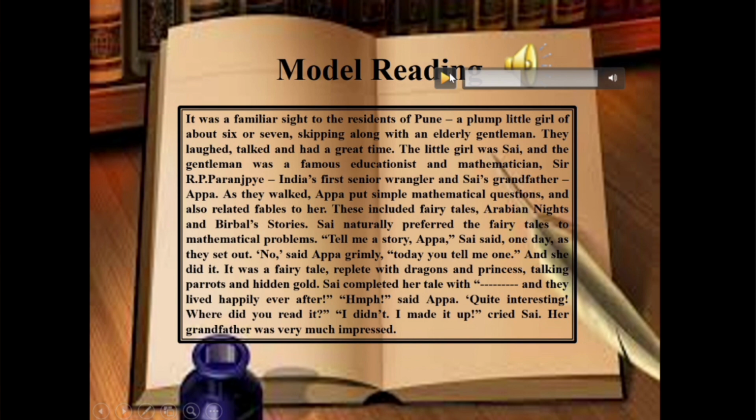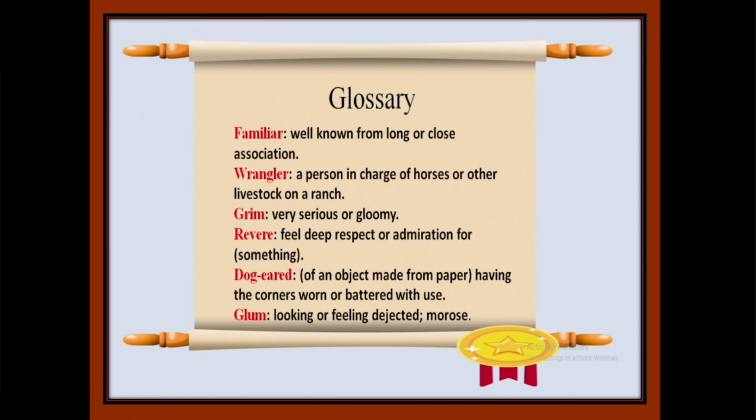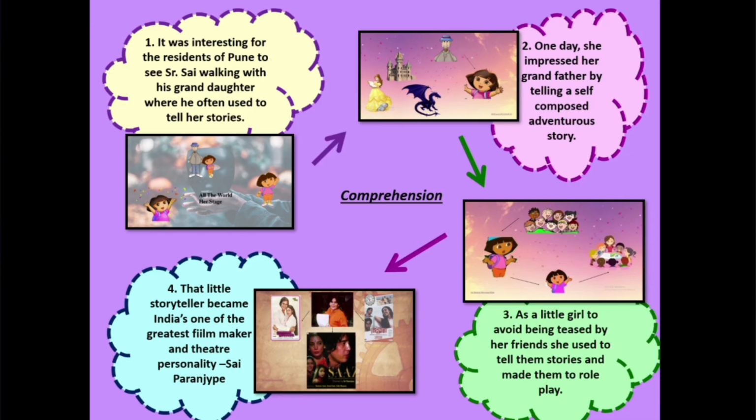Now, after model reading, you have a next stage, that is silent reading. So, for silent reading, you need to present the recognition vocabulary in the form of glossary. You can also, along with the words, incorporate meaning and the images as per the availability of your resources. Then, here you have the next stage, that is comprehension development, where first the teacher presents the image,